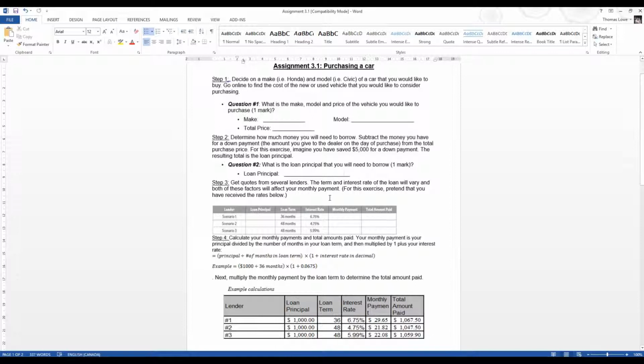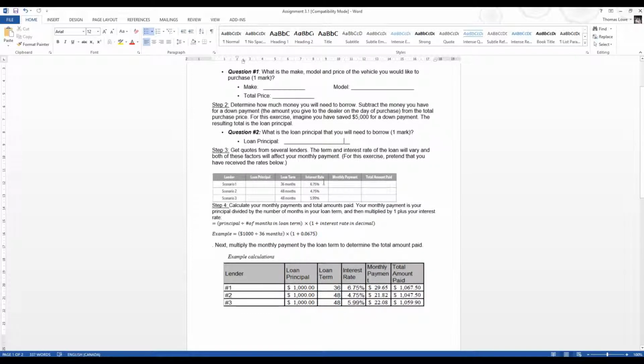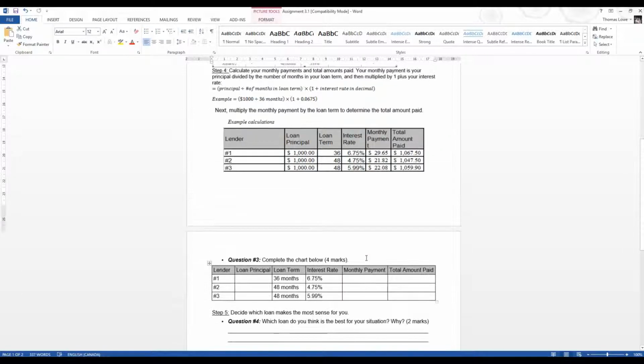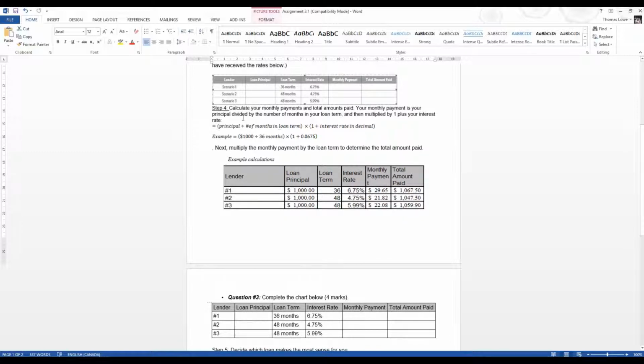Step three, get quotes from several lenders. The term and interest rate of the loan will vary. Both of these factors will affect your monthly payment. For this exercise, pretend that you've received the rates below. So you're going to have these rates, and that's down here for question 3. Step 4, you're going to calculate your monthly payment and total amount paid. This is a little bit difficult for a lot of people, and I've noticed that a lot of students are getting this one particularly wrong. So I've actually put in